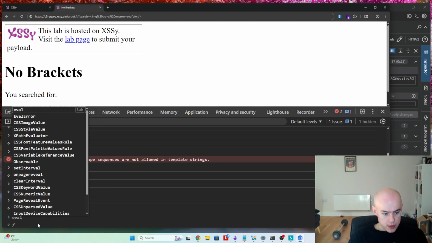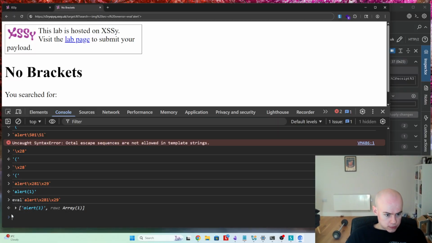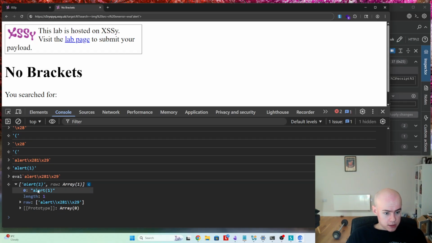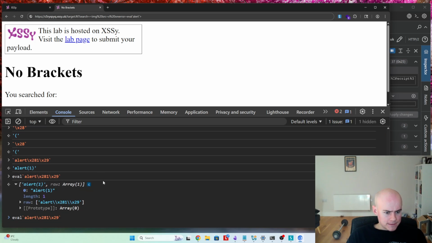That causes alert 1. We can then eval this string, like so, and this should then call it. It generates you an array. Do I have to call that? No. Oh yeah, so template strings actually do return you an array. We might then be able to eval